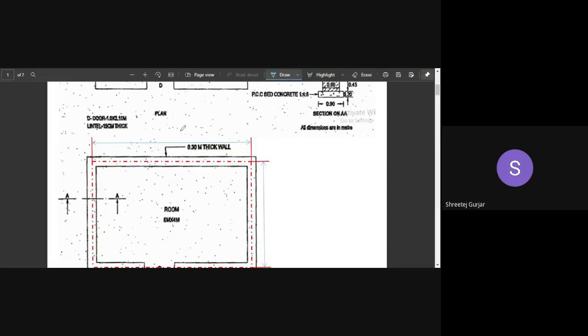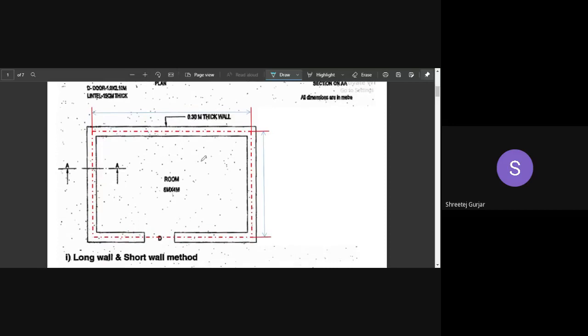So how do I calculate? You can just unmute and let me know what is the trick that you'll use here. You know the in to in distance is 6 by 4 meters, and you know the wall thickness is 0.3. You can let me know how you will go forward by calculating this dimension and this dimension. I have drawn two dimensions here, you can see. I just want you to tell me how you will get these dimensions. Very easy. You have all the things. Your thickness is given, in to in distance is also given. You can just try.